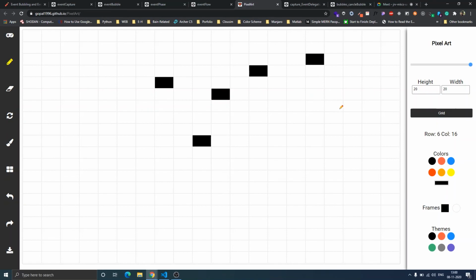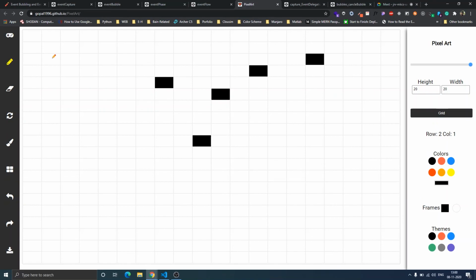Consider this grid is 20 by 20, so there are 400 cells. If we attach an event listener to all 400 cells, it will degrade our performance.